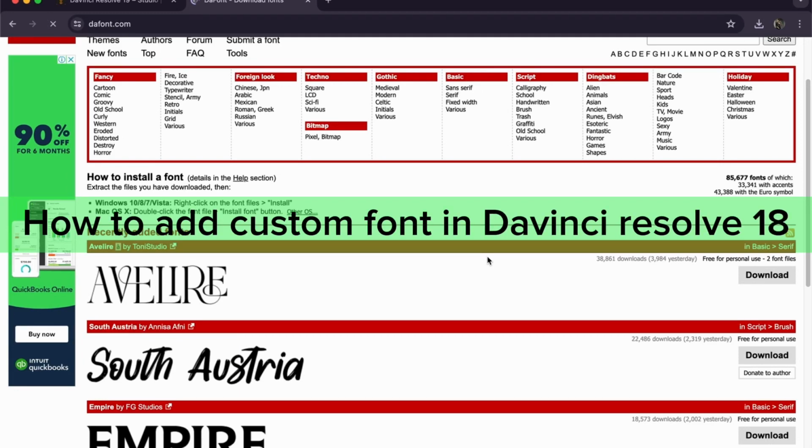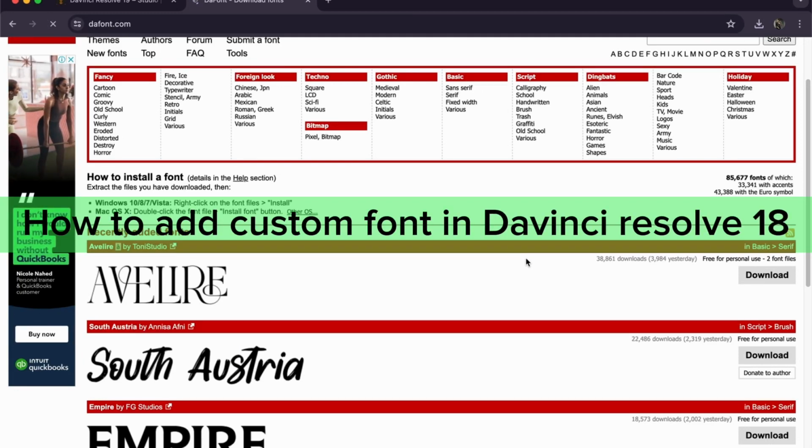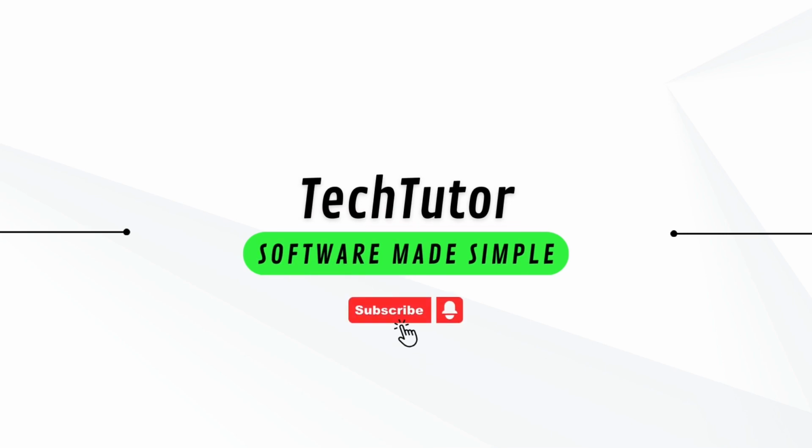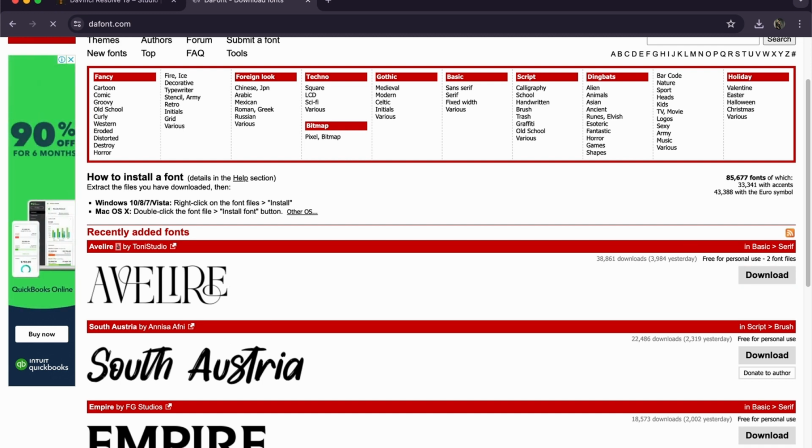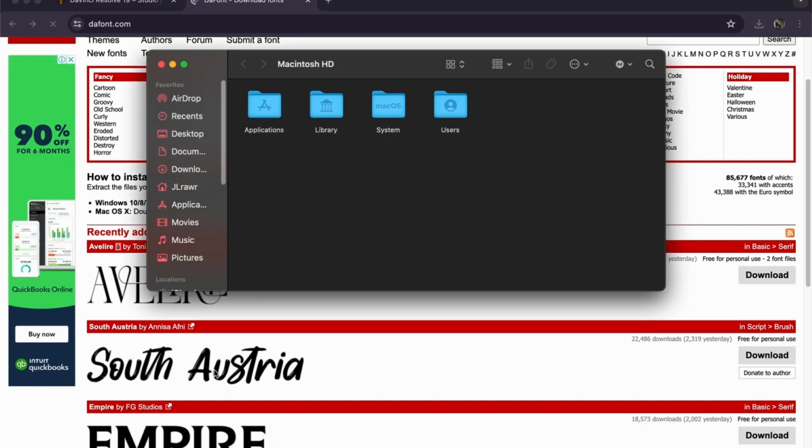Guys, in this video I'm going to show you how to add a custom font in DaVinci Resolve 18. So to do this is pretty simple. Go to thefont.com and download any font you have, and then from there locate it in your Finder or in